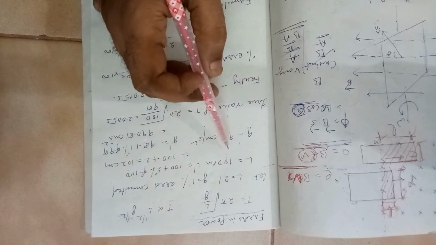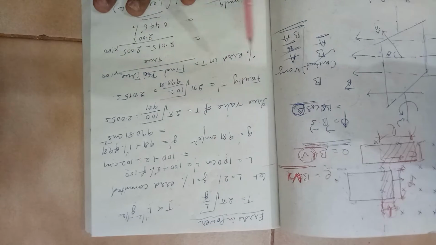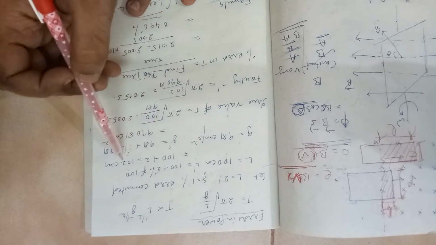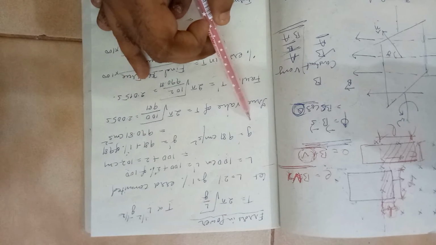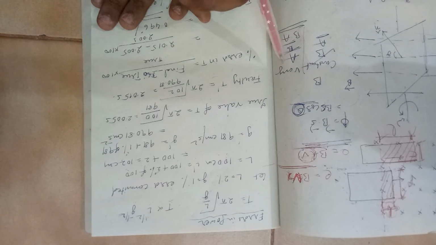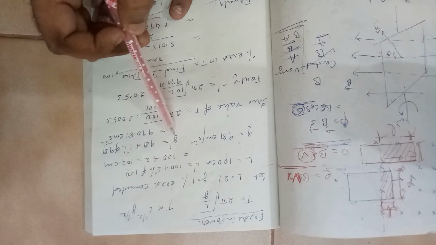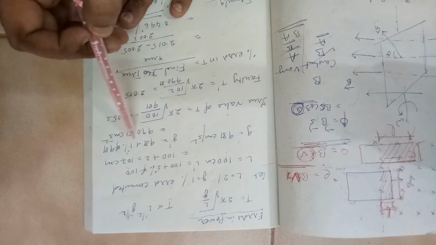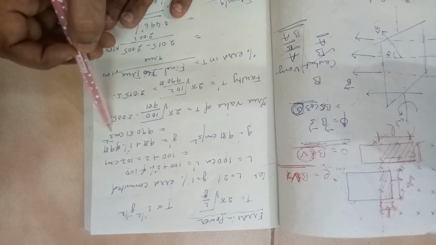If you measure using a very sophisticated instrument, the exact length would have come 100 centimeter. But because he used a faulty device, he got 102 centimeter. Similarly, while measuring acceleration due to gravity, the correct value is 981 centimeter per second square. But 1% error was committed in that. So what is the value? The person calculated 981 plus 1% of 981, so it is 990.81 centimeter per second square.